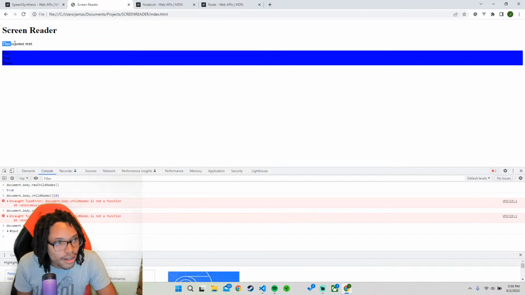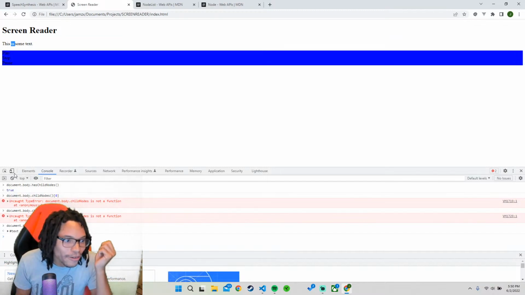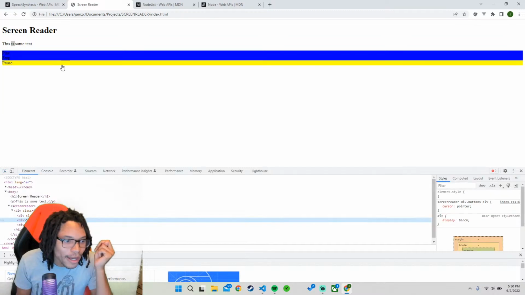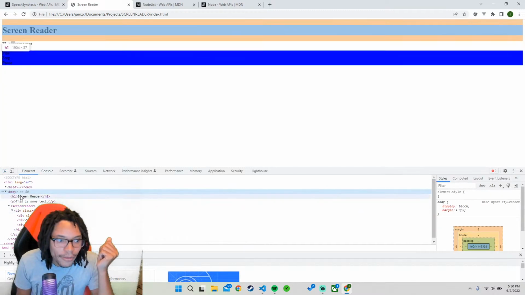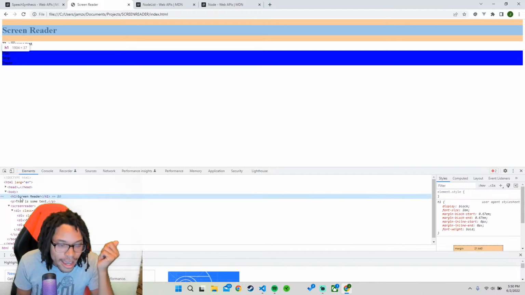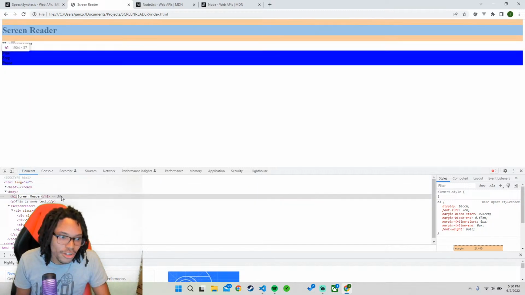So any text on the page is in a text node. So we have to go through each element on the page. We would have to go through the body tag, then the HTML tag, and then from the HTML tag would be this text node here. So just to show an example,